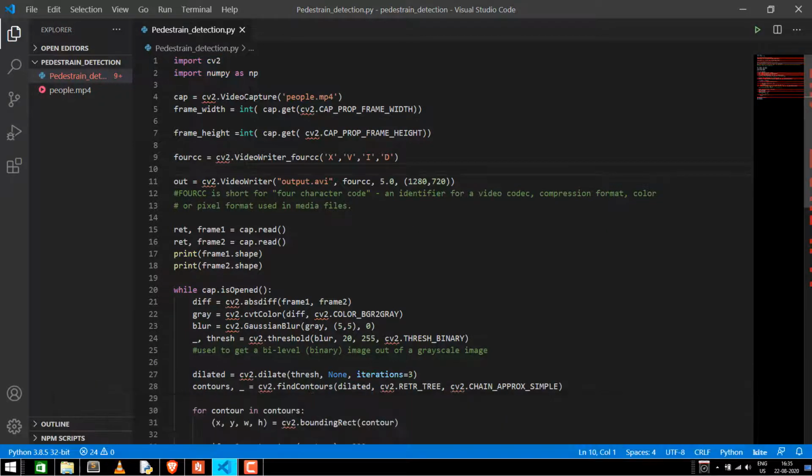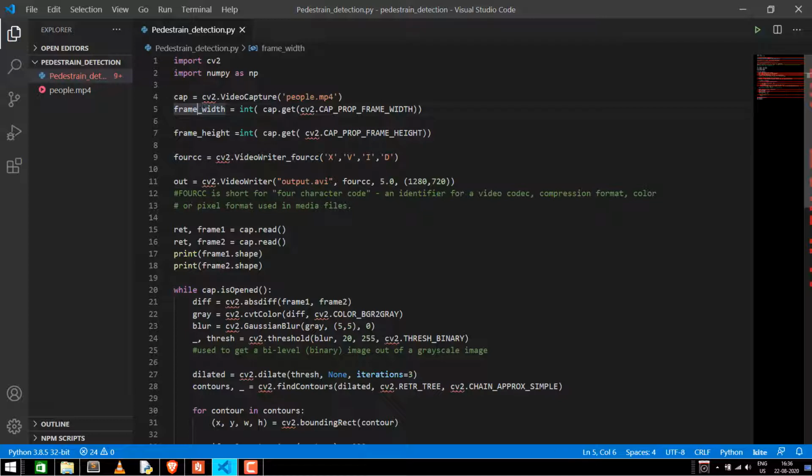After that, we'll be capturing the video through the webcam or the video of our choice. I'm choosing the video of our choice. I'll be using a video from the stock images, and you can also put 0 here to use the webcam, but I think for pedestrian tracking you need to have a video, so try to put a video. You can record your own video or you can take one from a stock videos website.